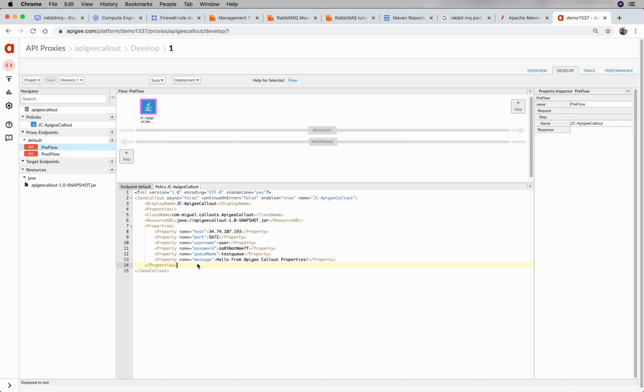So this is much better already, but it is still not ideal. Before, we had these properties hard-coded in the Java code. Now they're still hard-coded, but outside of the Java code. They're hard-coded in the proxy, which is why I'm saying it's not ideal. Technically, all these values, we could define them outside of the proxy and bring them in as flow variables and